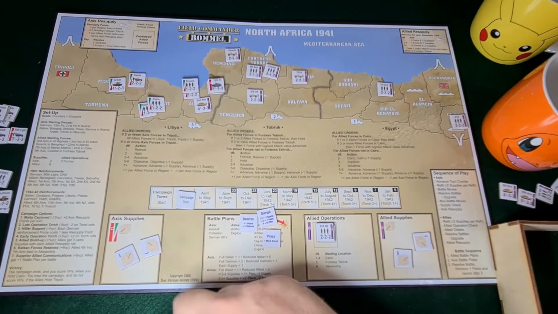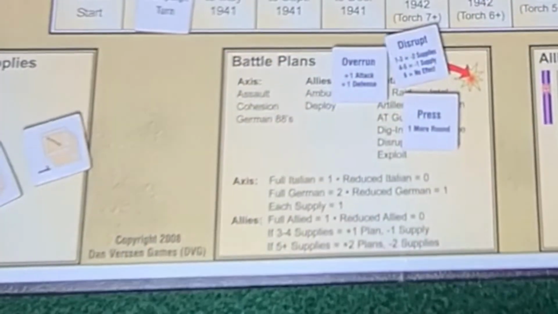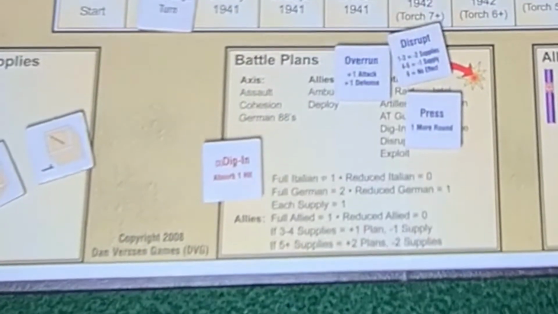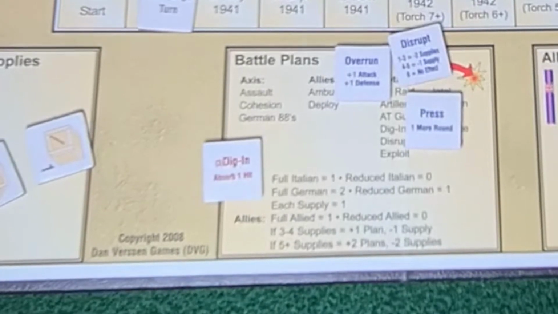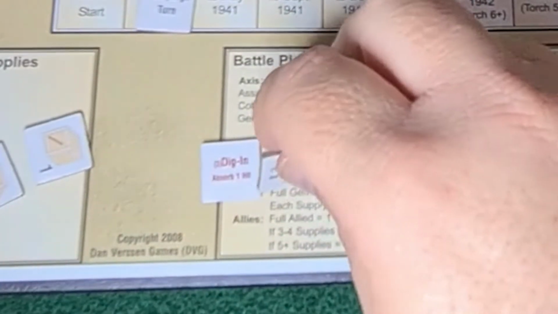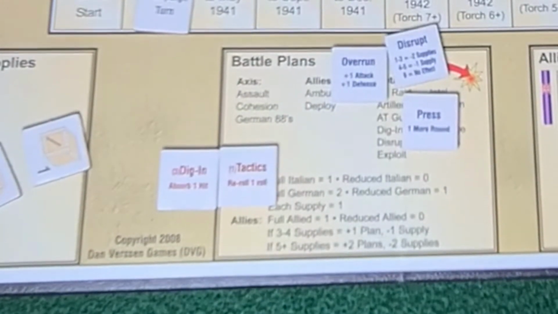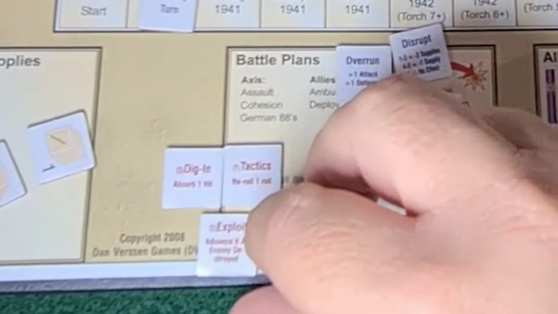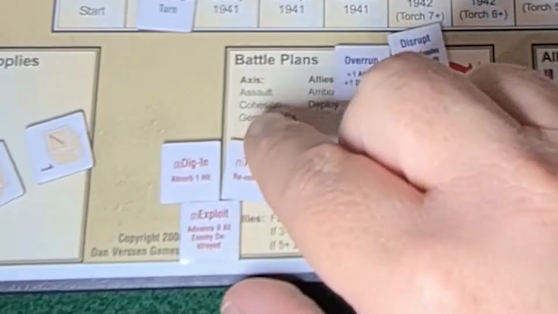I'm not sure, so I'm going to come back to it and see what I can get for 6. I'm going to put 3 points as a dig in out of my 6 points. Another 1, taking it to 4 for tactics, so I can reroll 1 dice. I suppose I'll exploit, advance if all the enemy are destroyed, so I'm taking a bit of a risk, but